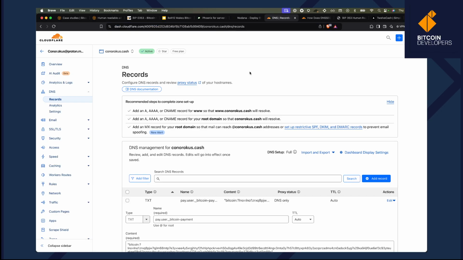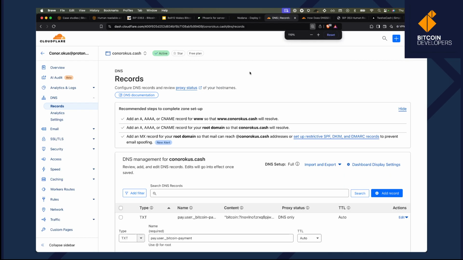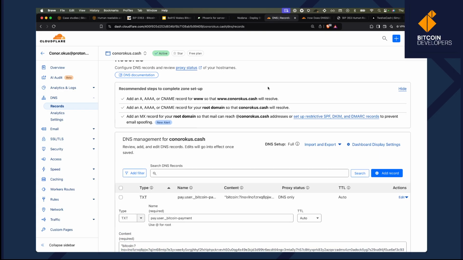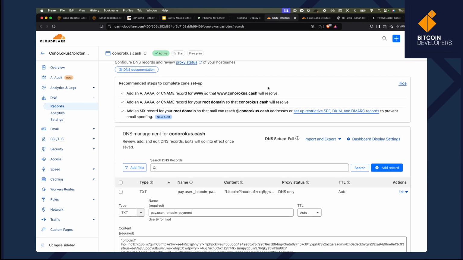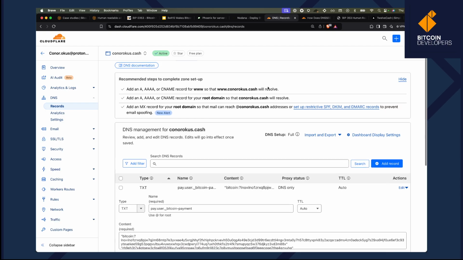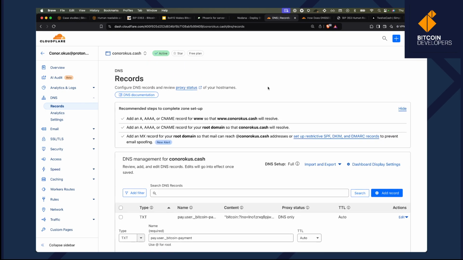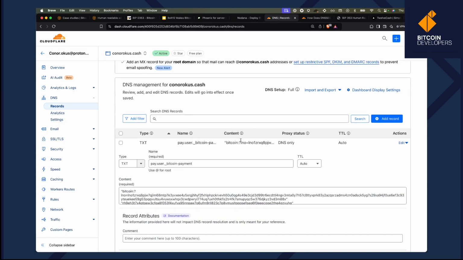I used Cloudflare because they have DNSSEC, the ability to turn on and off DNSSEC quite trivially. I think it's just a push of a button basically, and it will turn it on and do all of the DNSSEC setup for you, so you don't have to worry about that. And then, depending on what your domain registrar is, assuming you have a domain name, you're required to add a TXT record,